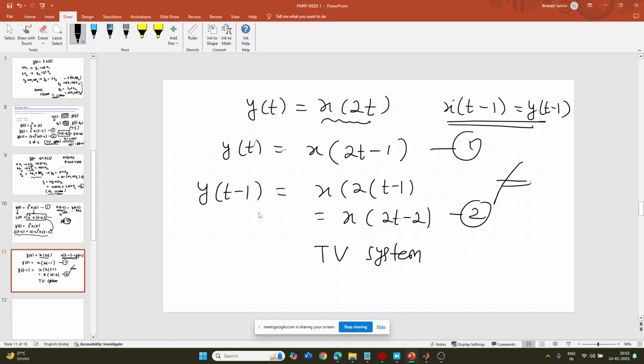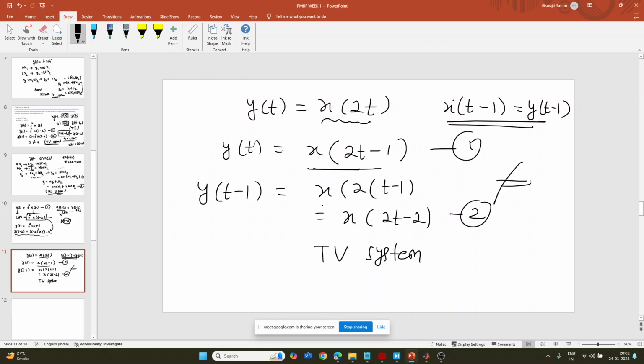So in this approach, don't confuse yourself. You first delay the signal in the input and delay the signal in the output. Remember, delaying the signal in the output means wherever t is there, you have to delay every time. But delay in the input means, here you can see how I delay my input. Previously it is x of 2t, I just delayed it by 1 second, so now x of 2t minus 1. In that way you have to solve.